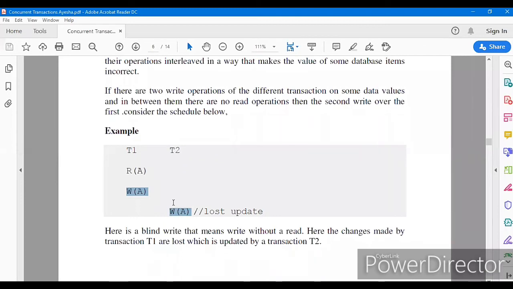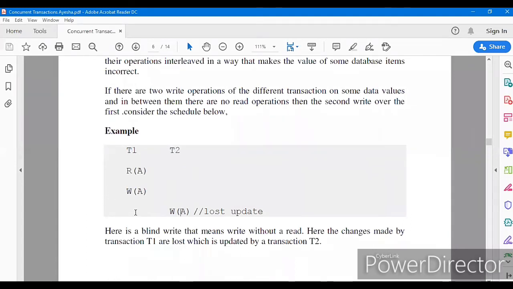Why? Because since it is not read, that means it wasn't committed. So whether this write is complete or that write is complete, without reading the data, if somebody tries to write the data, then the data becomes corrupted and the updates become lost.